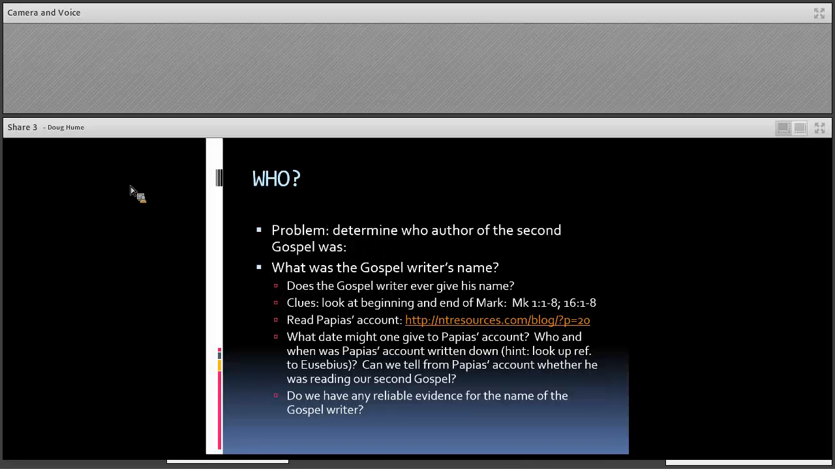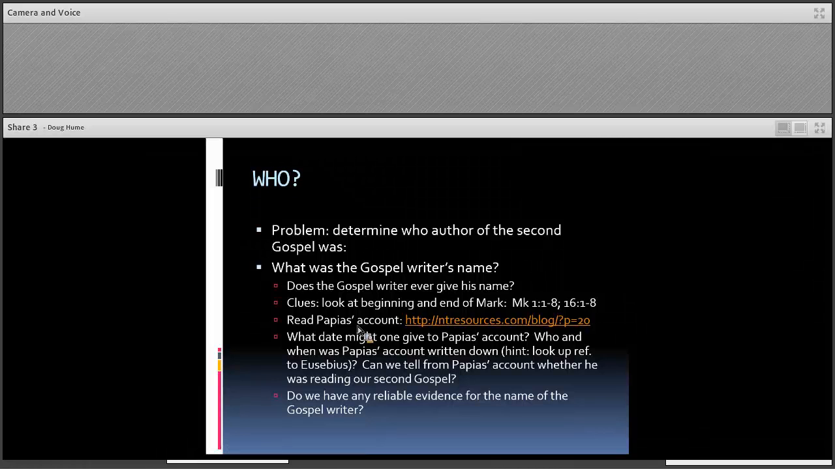Now, I trust you will have already paused by this point and read through this material. If you haven't, please go ahead and do so. Go ahead, pause, read through the account, Mark 1:1-8, and 16:1-8, and the Papias account. Pause it, and then come back, and I'll talk about it. Okay, assuming that you've read through it,